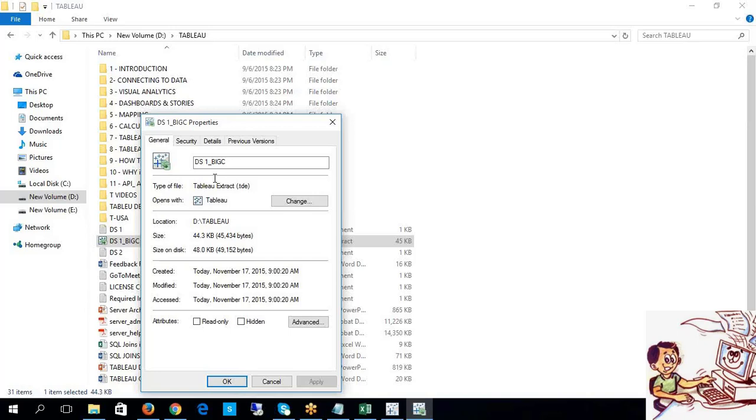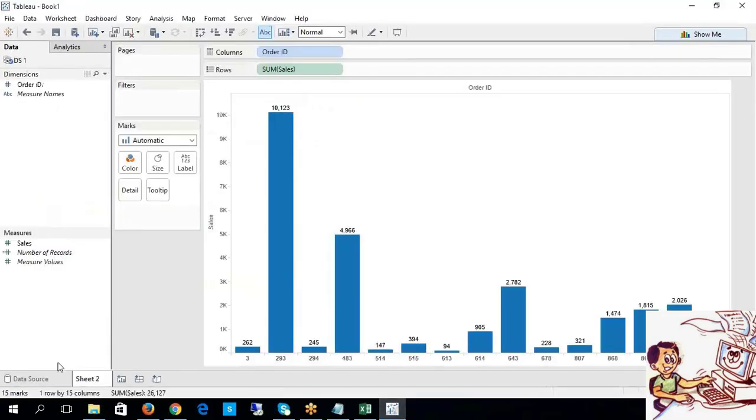Once you save it as a TDE file, look at the iconic difference. What happened here, guys?